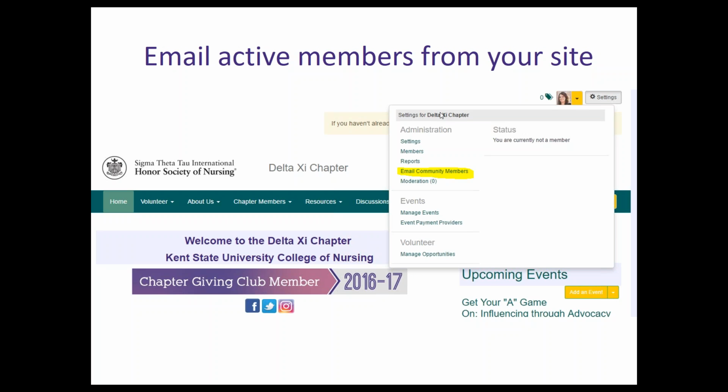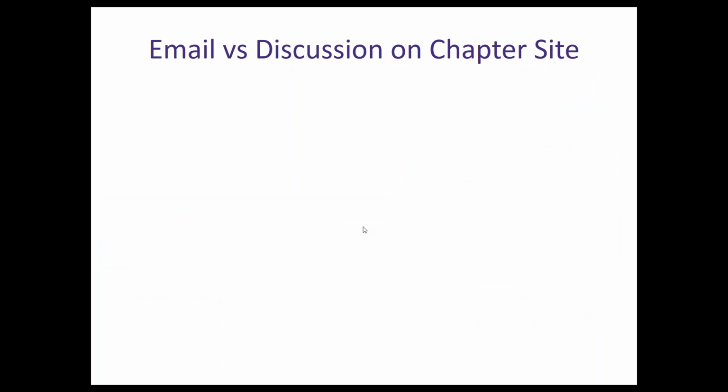You can also email your active members through your website now, again by clicking on settings and then email community members. This is a real-time email that will go out to all of your active members. If you're familiar with the website, then you know you also have a discussion forum that emails all of your active members. So just to tell you a little bit more about the benefits of each,